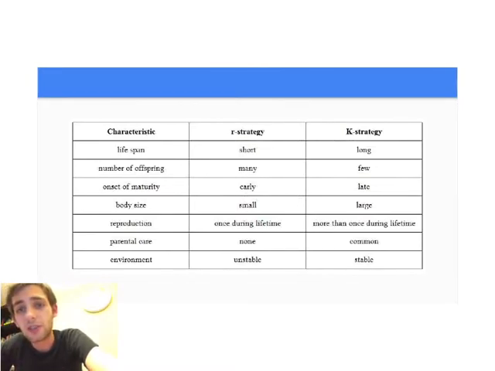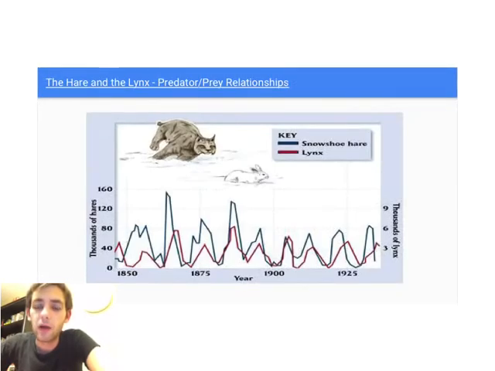K strategists are pretty much the opposite of that. They have a very long lifespan. They produce few offspring. The onset of maturity is late. Body size, they're pretty large. They can reproduce more than once in a lifetime. They have that characteristic of providing parental care, and they enjoy a stable environment, so once that environment has reached a fairly stable population size. An example of an R strategist is an insect, compared to a human, which would fall under a K strategist here. And so to sum up population growth, I would like to show you a case study on